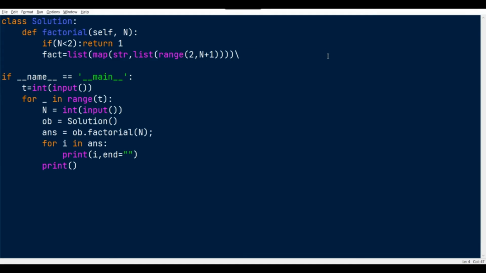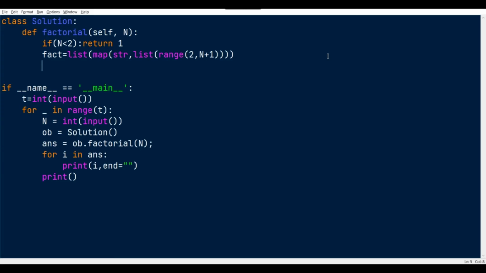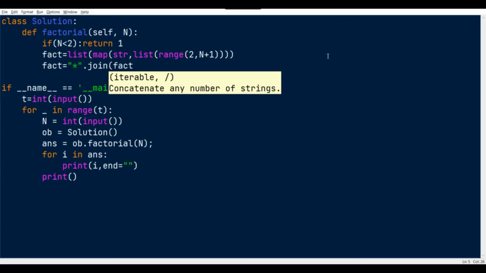So after this I just need to join. Fact equal to, I'm just going to insert the asterisk sign in between them, dot join of fact.